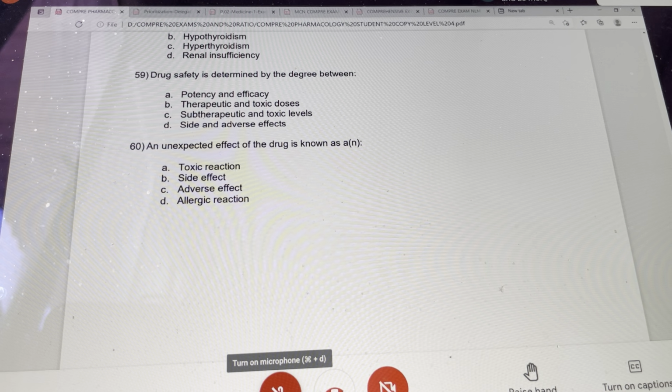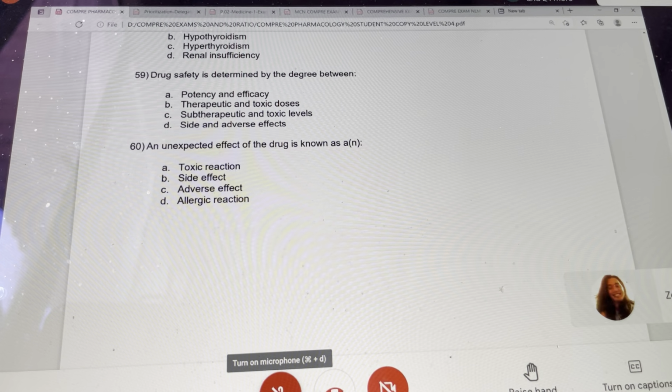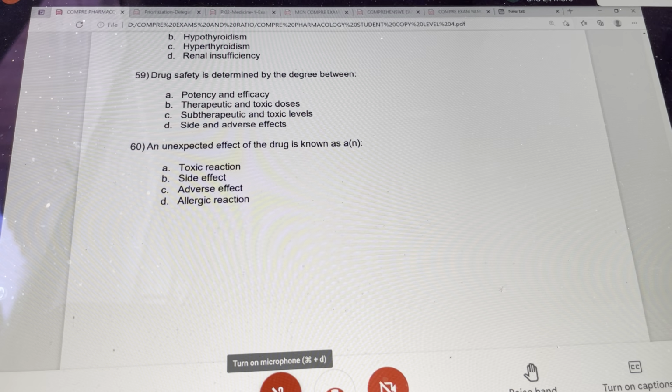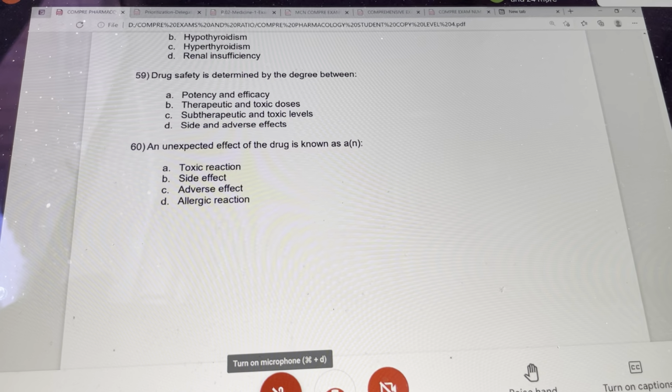Next, the last but not the least: an expected effect of the drug is known as what? Very easy, ma'am. Good. Charlie, adverse effect. So that is for your pharmacology. So for us who were able